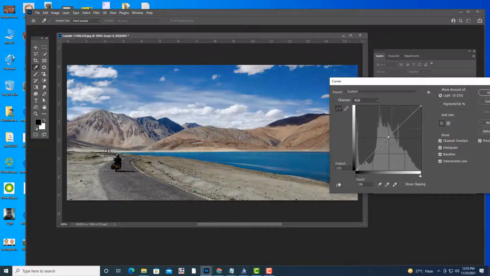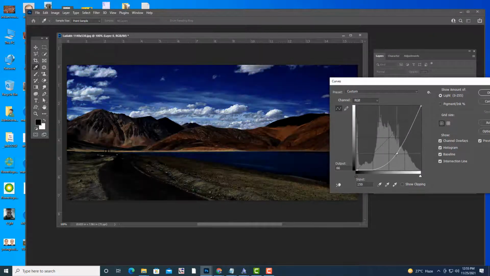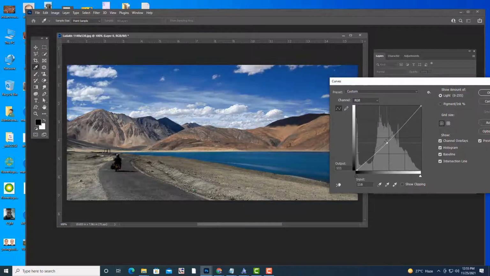If you move it down, it looks like a very shaded scene, like on a rainy day.